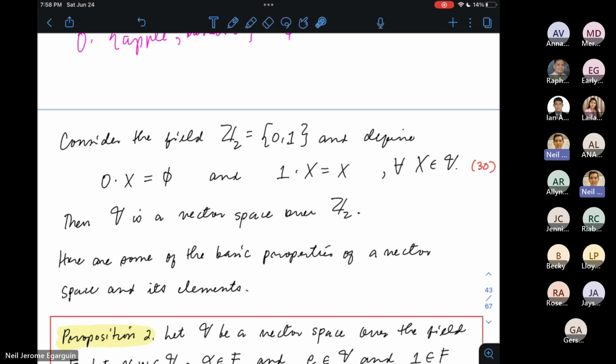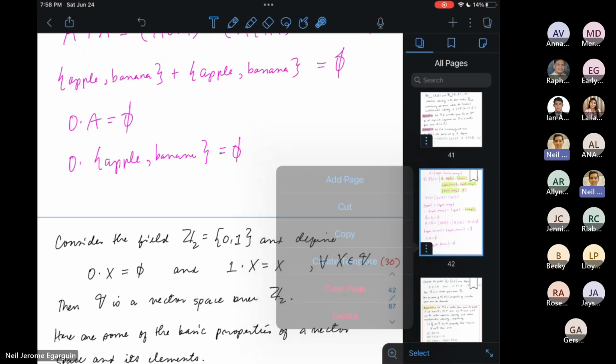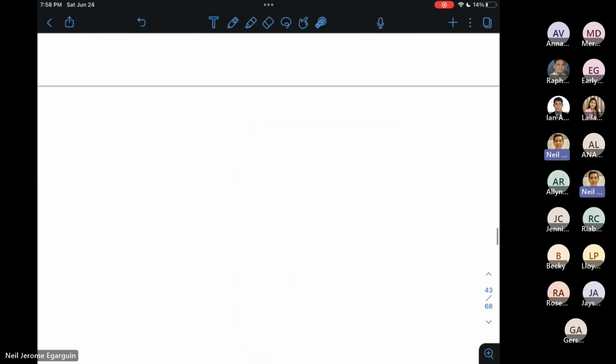Alright? Now, you can check the other properties, yung associativity ng addition na to ay medyo mahaba lang i-prove, pero kailangan nyo lang maglaro with distributivity of union over intersection and vice versa. Commutativity of addition is fine, madali lang siya. How about additive identity? Anong additive identity ng vector space na to? Or what is the zero vector?